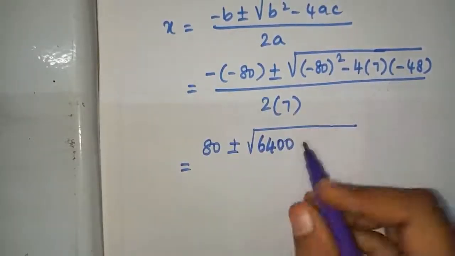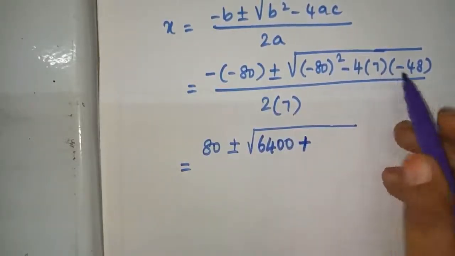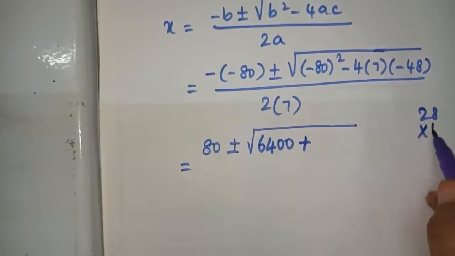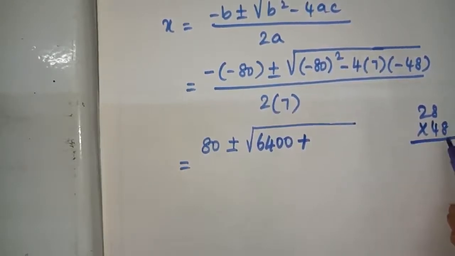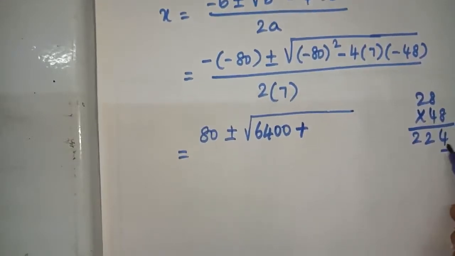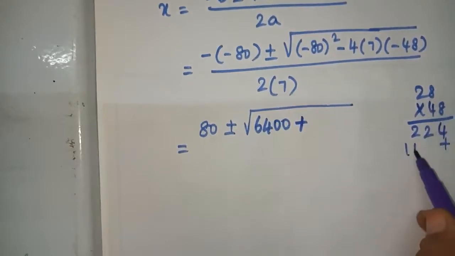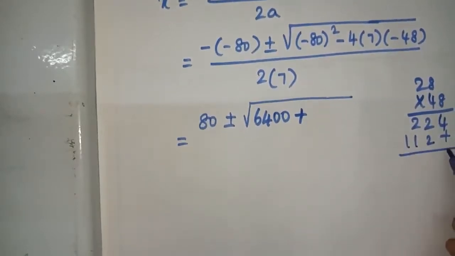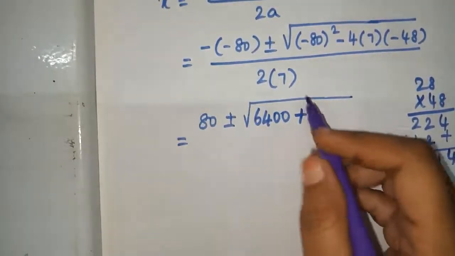6400 minus into minus plus 4 7s are 28. So 28 into 48. So 8 8s are 64, 4 remainder 6, then 8 2s are 16, so 22 plus 28 into 4 is 112. If you add this, you get 4431. So